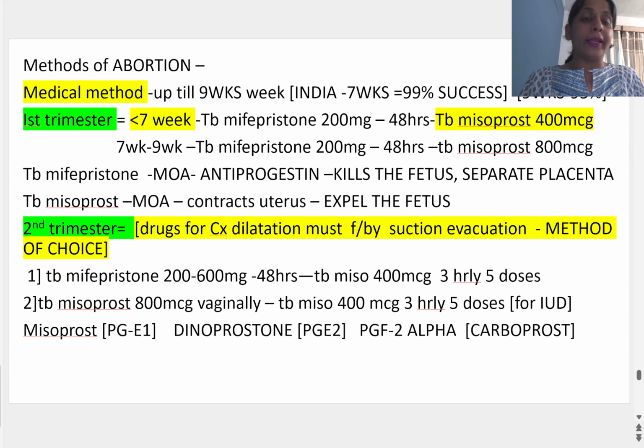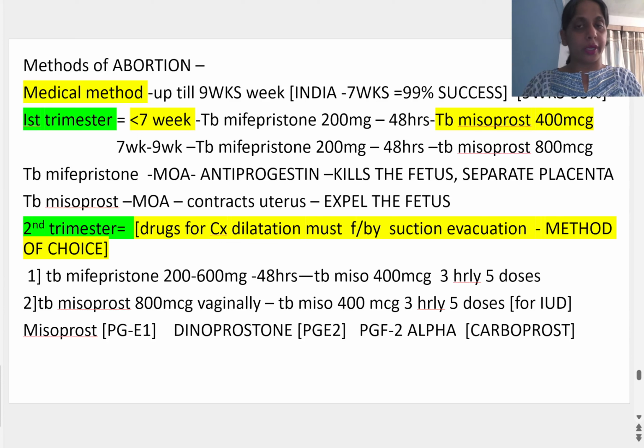अगर 7 वीक से पहले है तो मिसोप्रॉस्ट 400 देनी है, और अगर 7 वीक से 9 वीक के अंदर है तो हमने मिसोप्रॉस्ट 800 देनी है माइक्रोग्राम, मिफेप्रिस्टोन की तो 200 ही देनी है, ठीक है। मेडिकल अबॉर्शन कैन बी डन अप टिल 9 वीक्स, इन इंडिया परमिशन इज ओनली अप टिल 7 वीक्स। मिफिप्रिस्टोन का मैकेनिज्म ऑफ एक्शन है, ये एंटी प्रोजेस्टिन है, ये फीटस को किल कर देती है। मीजोप्रोस्ट का मैकेनिज्म ऑफ एक्शन है कि ये जो फीटस किल हो गया है उसको यूट्रस को कॉन्ट्रैक्ट करके